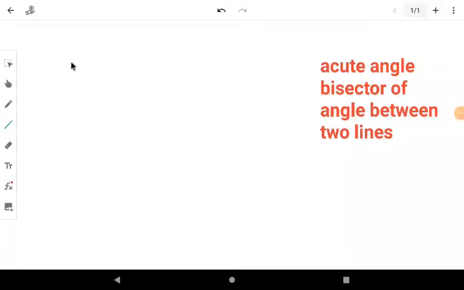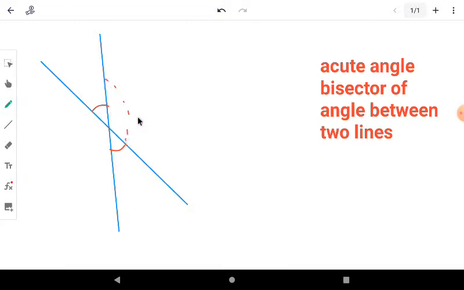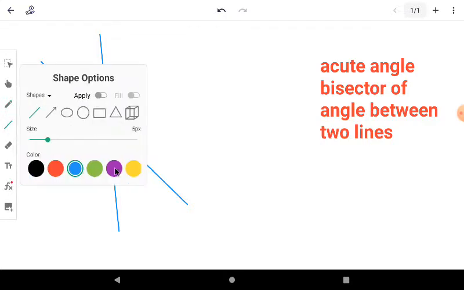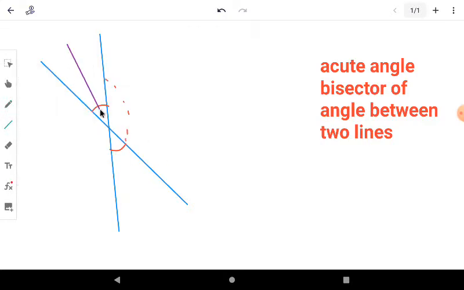Let's see the meaning of acute angle bisector between two lines. Let's say this is line L1, guys, and this is line L2. As you can see here, this is the acute angle between them, right? And this one is the obtuse angle. So if I draw a line like this, which is what I call the bisector of this acute angle,